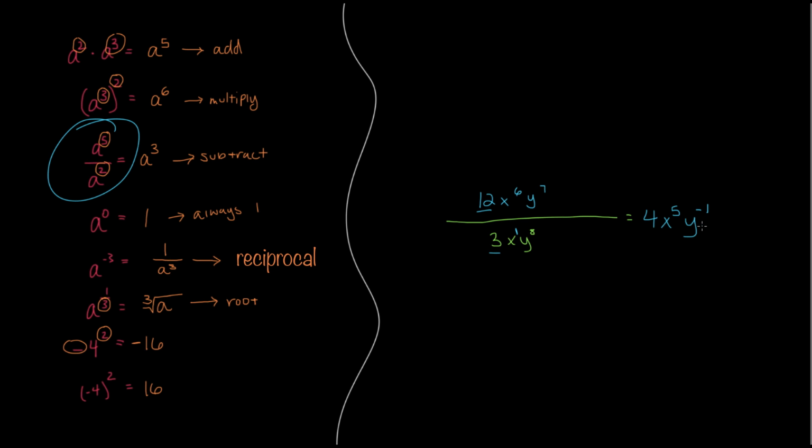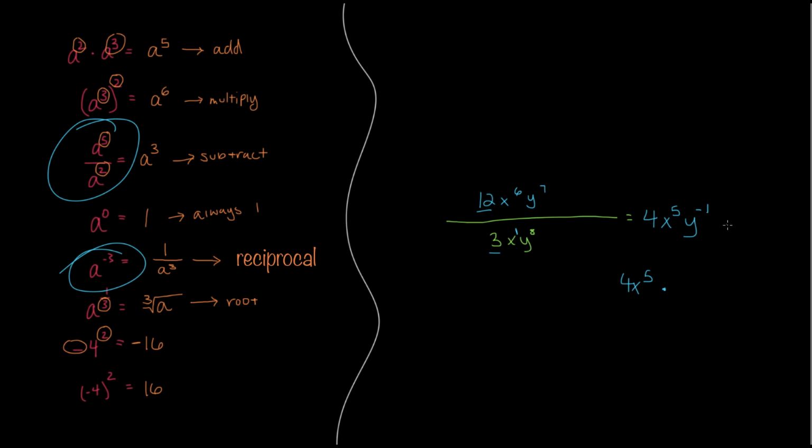But this is not fully simplified because of that negative in front of the y power. That negative makes it not fully simplified. In algebra, if there's a negative in that exponent, it is not considered simplified. So what we're going to have to do is use yet another rule, which is the negatives rule, and we're going to have to make sure that this is fully simplified. So remember, this negative 1 only applies to this y over here. So the 4x to the 5th is going to stay right where it is. So we're going to have 4x to the 5th